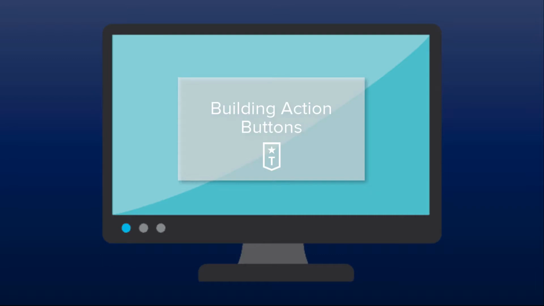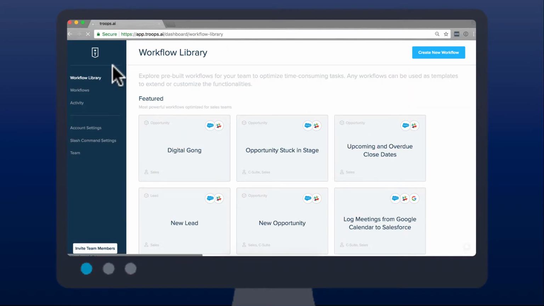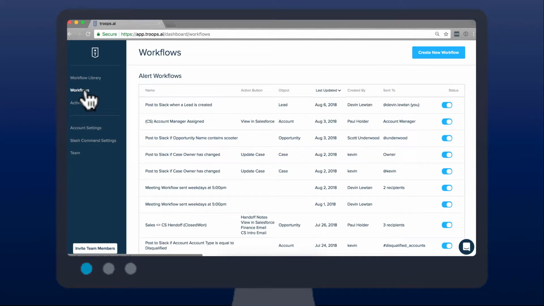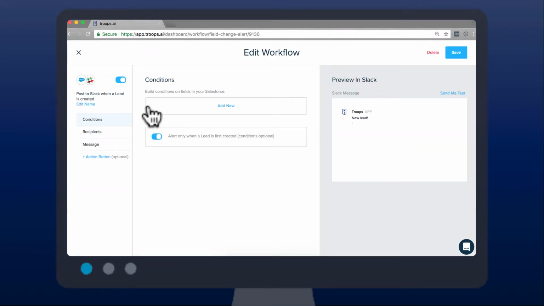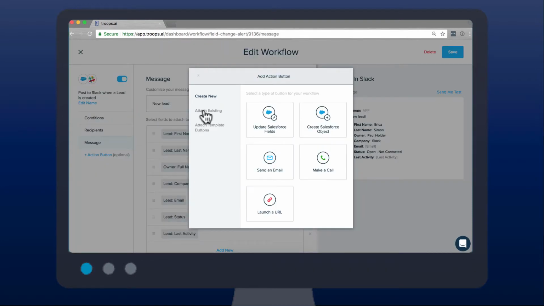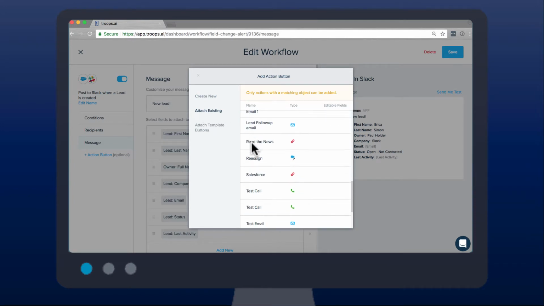Let's build a button that easily assigns or changes lead and opportunity owners. Since action buttons are created and managed from a workflow, start by selecting the workflow you would like the button to exist on. In our case, we will build ours on a workflow that fires whenever a new lead is created. Click Add Action button, where you will be prompted to either choose an existing button from a previous workflow